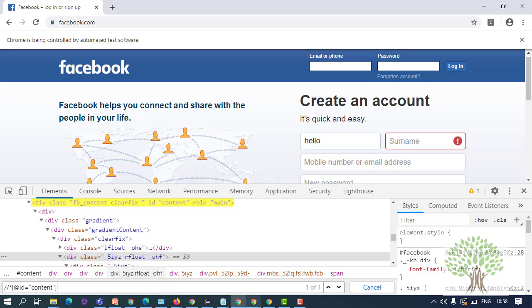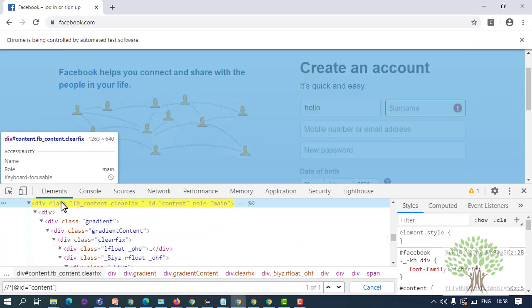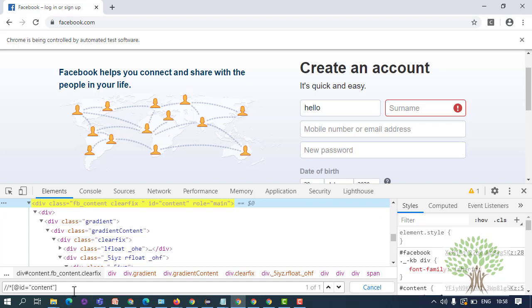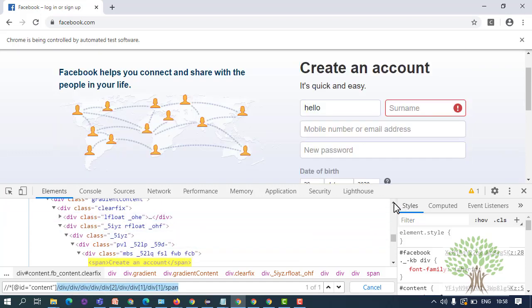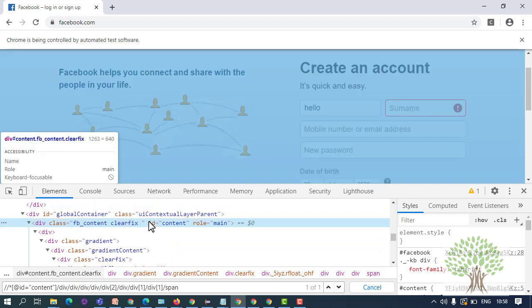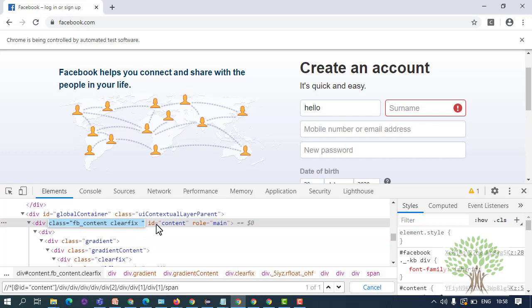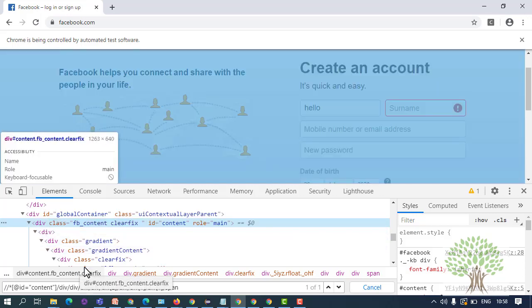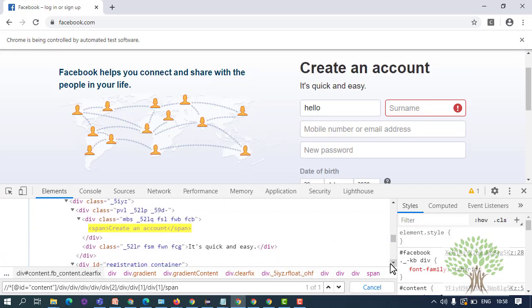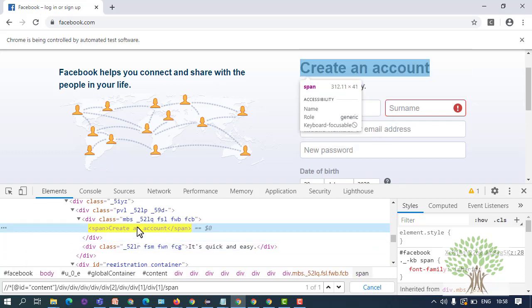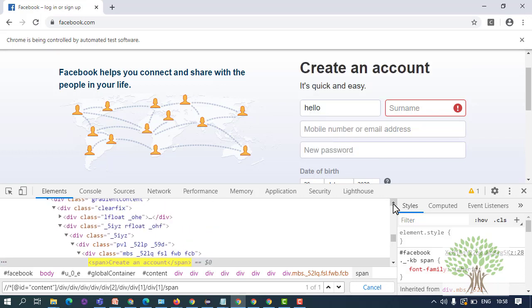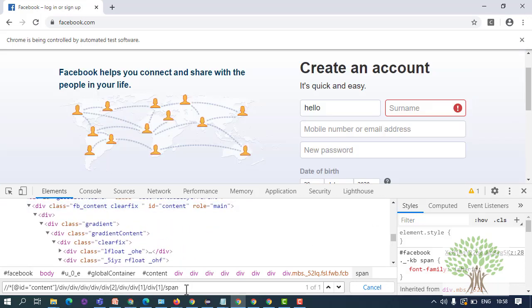It finds this division with the ID as content, and it builds the XPath from this particular division. And it traverses down till the time it finds the element. So in partial XPath, it will always find the nearest possible ID and build the XPath based on that ID.